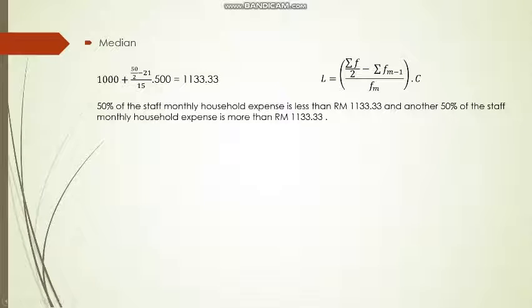Fm represents the frequency of the median class, and finally C represents the class size of the median class. After we find out those formula, we will start to calculate and we will get